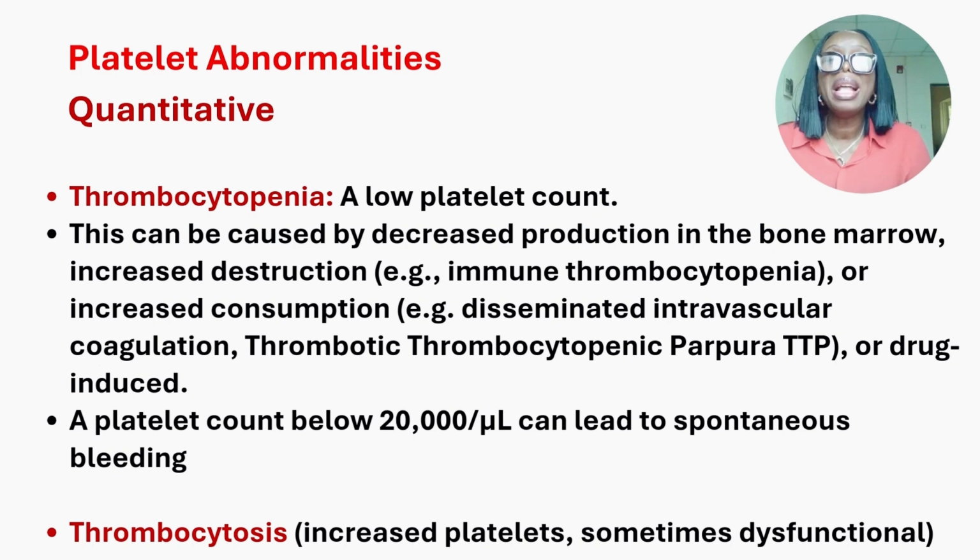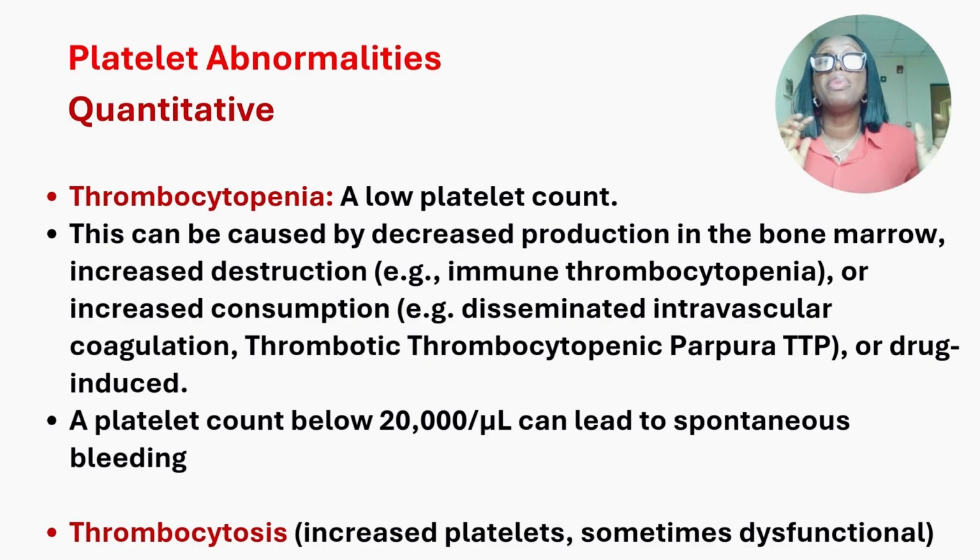An example of a quantitative platelet abnormality is what we call thrombocytopenia. Thrombocytopenia is a low platelet count. When the platelet count is below 20,000 per microliter, you can have spontaneous bleeding. Low platelet counts can be caused by a decrease in production in the bone marrow. Anything that can interfere with platelet production in the bone marrow can cause thrombocytopenia,